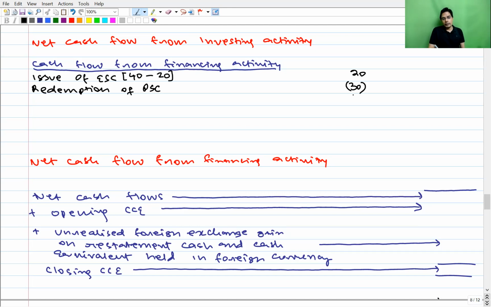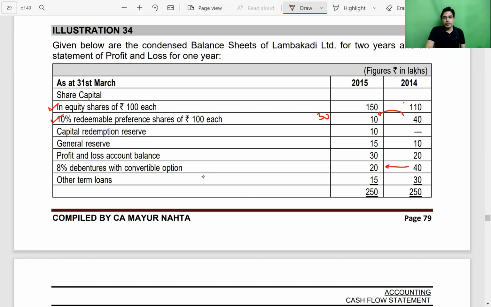We all know that whenever we redeem preference shares, the total share capital of the company goes down. This reduction in share capital caused due to redemption of preference shares has to be restored as per the guidelines given in section 55 of Companies Act 2013. This section 55 says that the restoration can be done in either of two ways: number one, by issuing new equity shares, or by creation of CRR from free reserves.